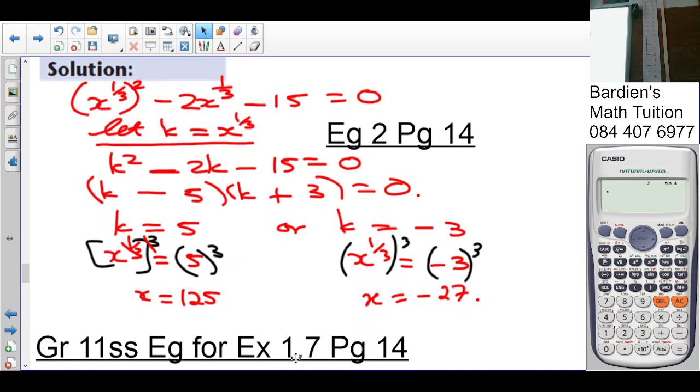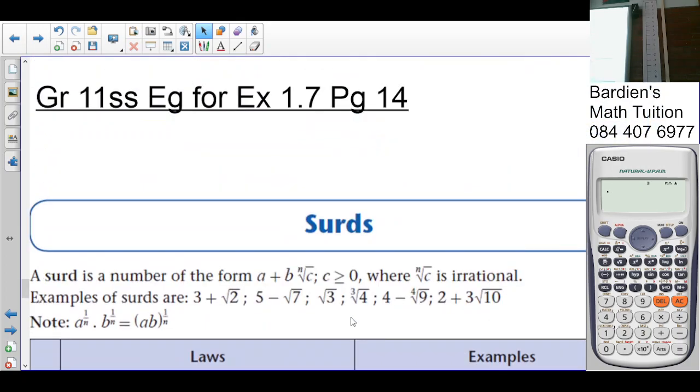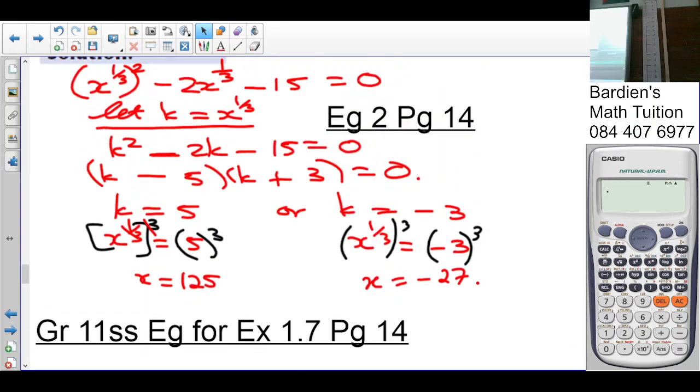So with this you should be able to do exercise 1.7 and that's on page 14. On Monday we will do some surds. Okay? I'll stop the video at this point. You guys need to write down